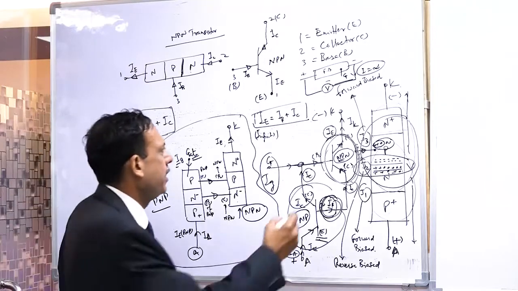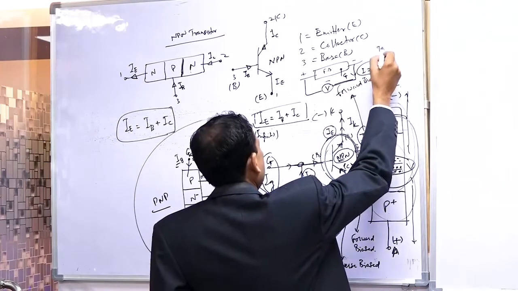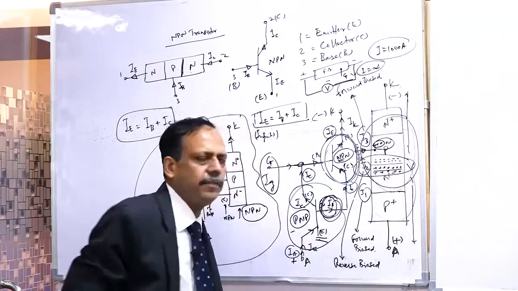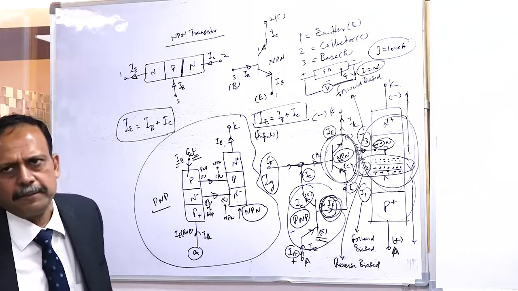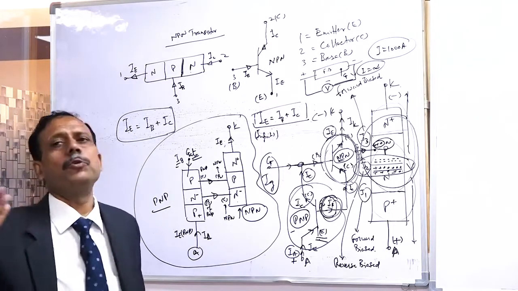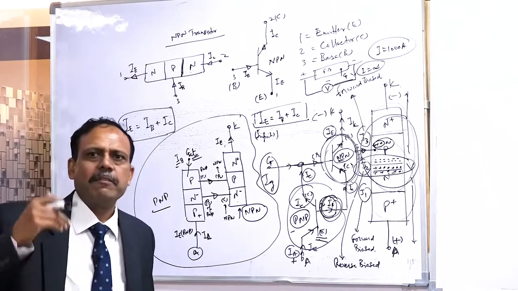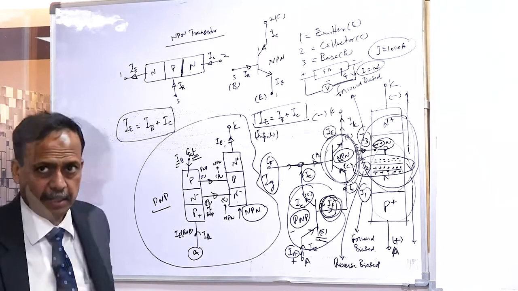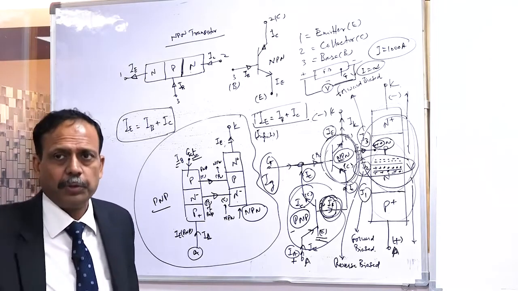Let us say the current rating of the thyristor is only 1000 amperes. So what will happen to the thyristor if the current is uncontrolled? It will rupture, correct. It means the thyristor will break. So what do we have to do to protect it? Correct, the thyristor will break or rupture because the current is uncontrolled.